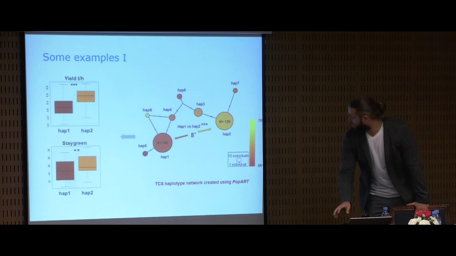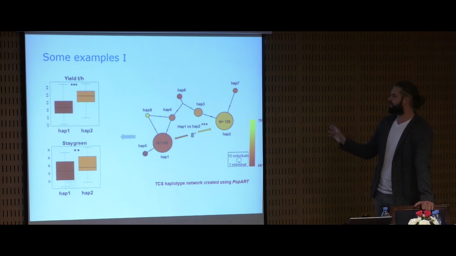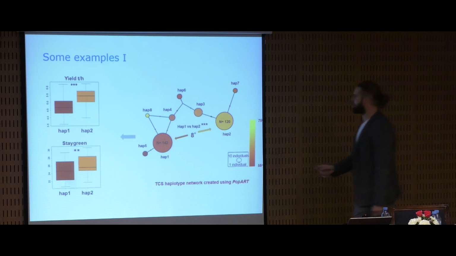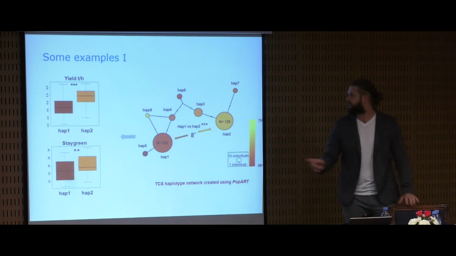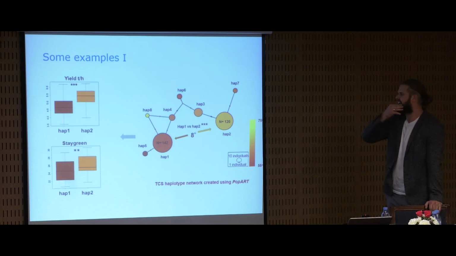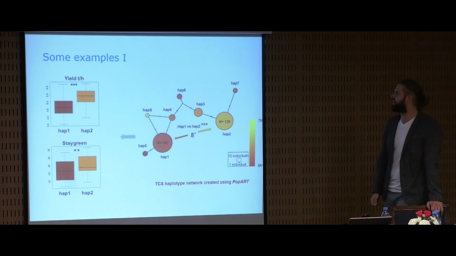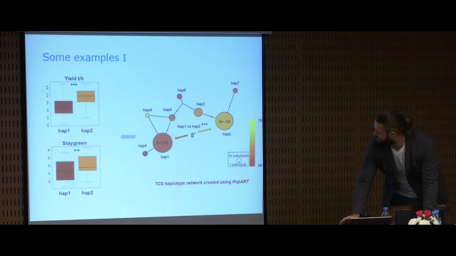So Samir then went on and compared phenotypic measurements from the field, actual field data, between, say, the main 2 haplotype groups, as you can see here. On the top left, you see yield under drought conditions. We have a lot of drought in Australia. So what you can actually see here is that there is a significant difference in yield, or in field performance,